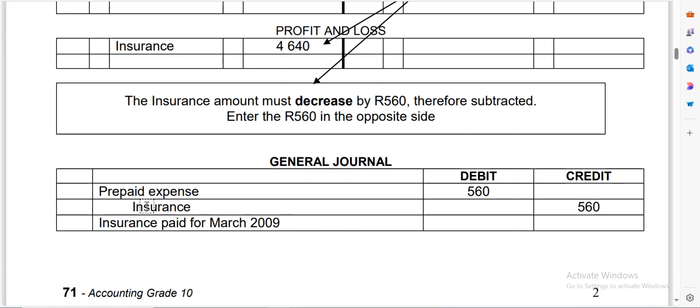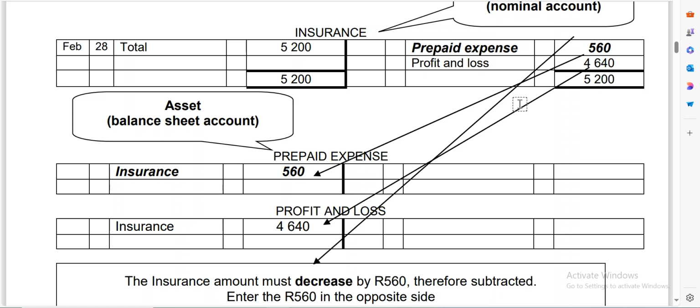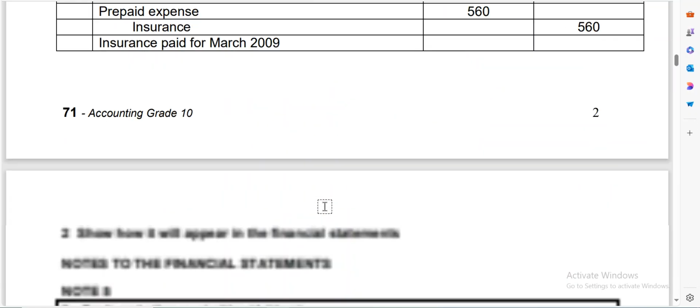It's a narration here. So they gave us that example. Now here they explain to you that the insurance account must decrease by 560, and it is therefore subtracted, and whenever we subtract an expense, we enter that in the opposite side. So let's try and do a different